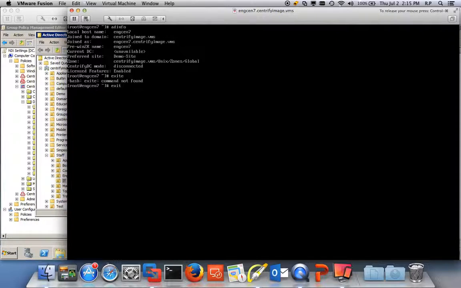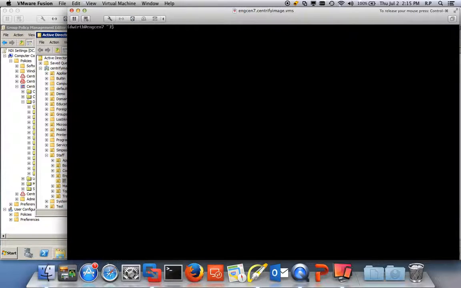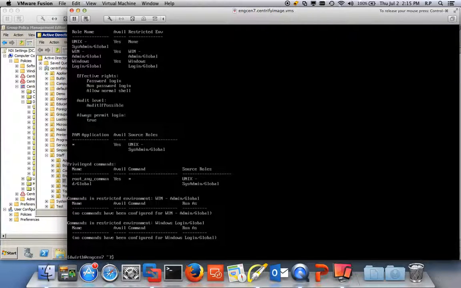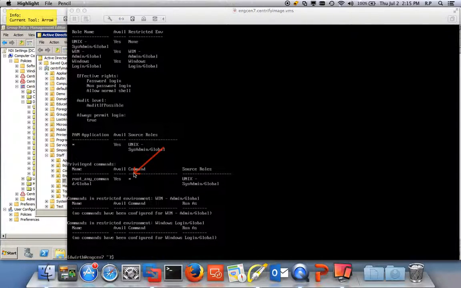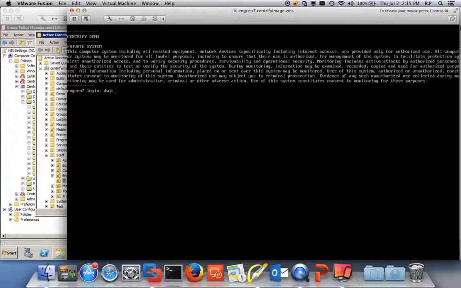If my user, Diana, wants to log in, notice that she's been prompted for an AD password. And here, she was able to log in. If I look at what she can do, dzinfo, notice that she has a role that allows her to run any command as root. So she should be able not only to log in while there are no domain controllers available,